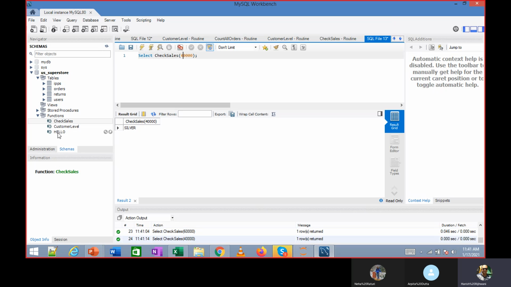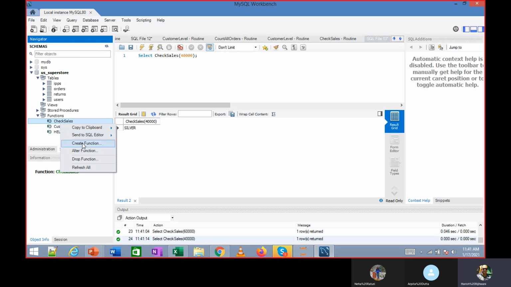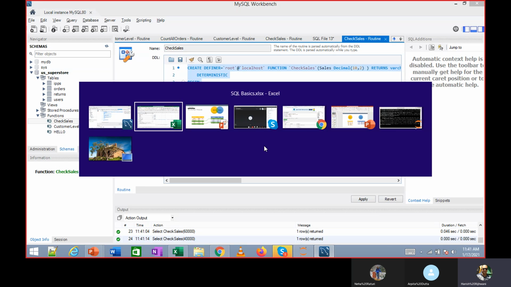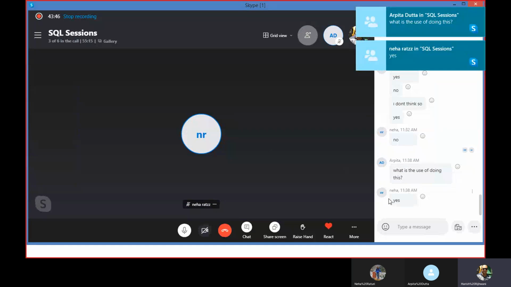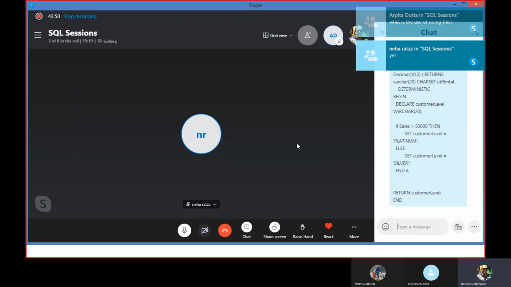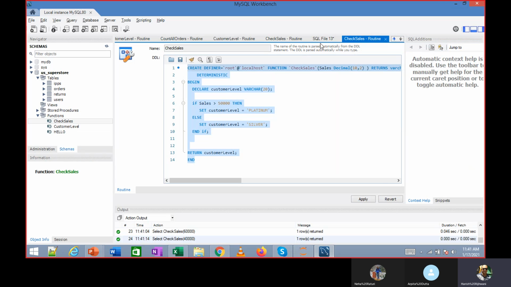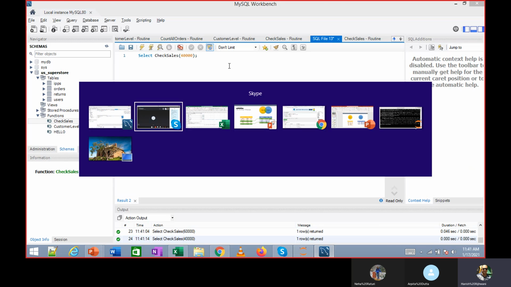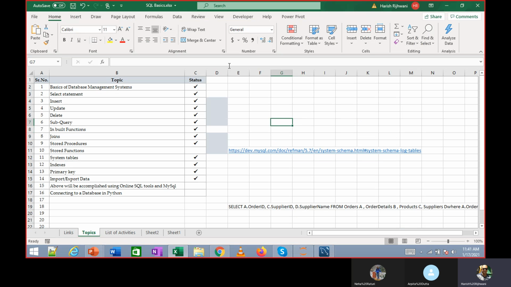Got the idea? This is a way of writing a function. You can define your own functions actually. If there isn't a function available for you, you can define your own function. Like in Excel, you want to find a function which does a sum product, adds the data and then multiplies it.